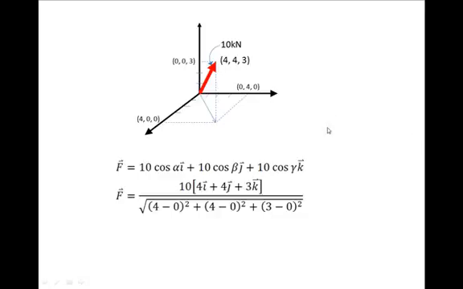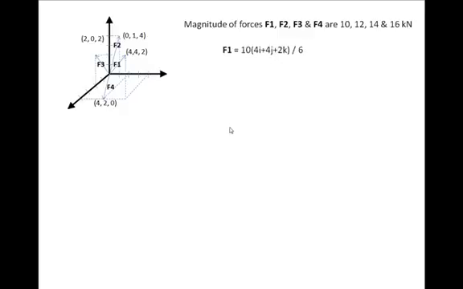Let's solve one problem so that this procedure will be very clear. Let's say you have these four forces, F1, F2, F3 and F4, and we want to find their resultant. Their locations are given. See, all originate from origin, so they are concurrent. They pass through origin, they pass through one point, and one of the points on their line of action for each force is given here. So if magnitudes of F1, F2, F3, F4 are 10, 12, 14, 16, then from what is explained in the previous slide,